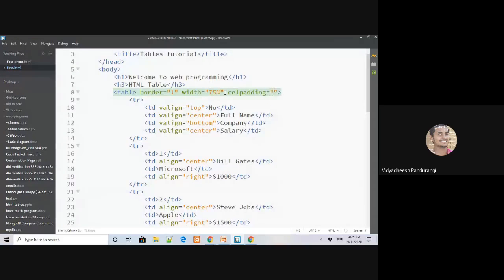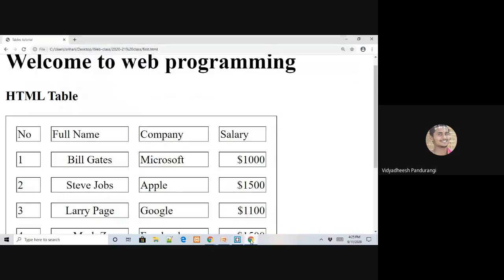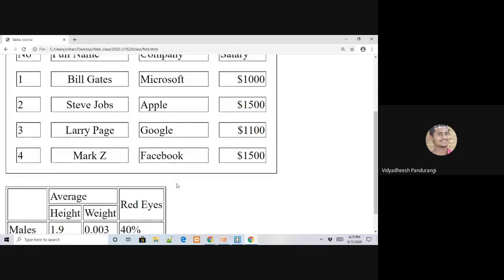Cell padding is equal to, let's say, 10 pixels, and cell spacing is equal to, let's say, 15 pixels. Is that fine? Now you can observe the changes.